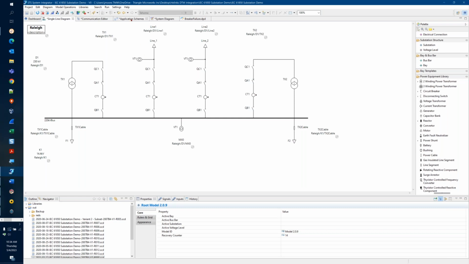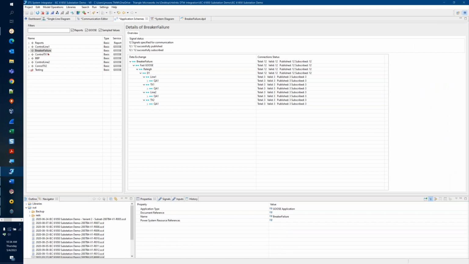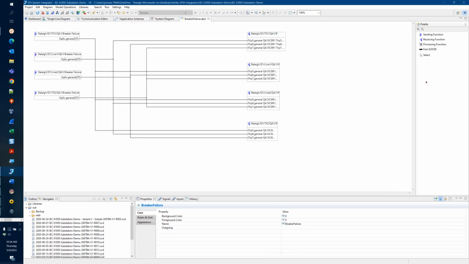Well, I'm going to head back over to my application schemes page. I'm going to right click on my breaker failure and open the application editor. So here I'm editing the application that I've named breaker failure. And we can see 4 boxes on the left and another group of 4 boxes on the right. The group on the left represents the breaker failure functions for each of the 4 breakers that we just pointed out over on the single line, whereas the group on the right represents the interface units to those same 4